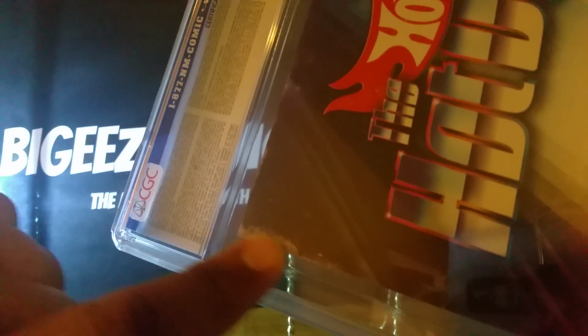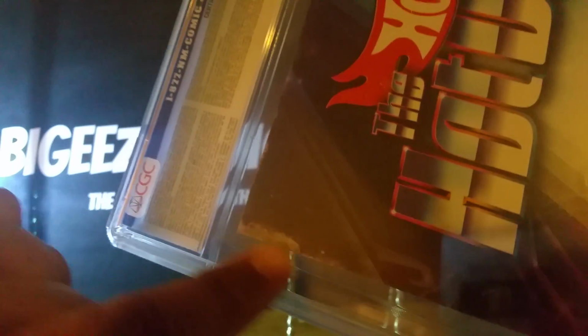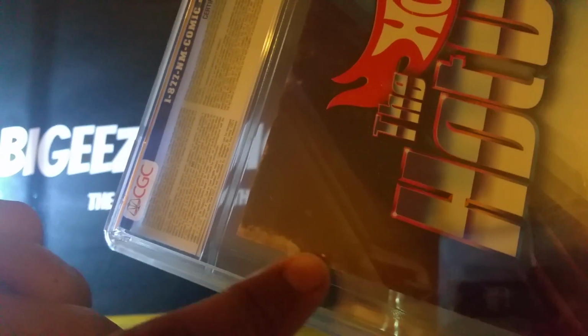Look, now, I don't have the best lighting in the world in my house. Some of the bulbs, as you can tell through the glare, are yellow. Then I have a white light here, just trying to get the best lighting possible. But you can see that. I didn't see that over there. I did not see that scuffing there, unless that's part of the book, and I don't remember seeing it like that, you know. So